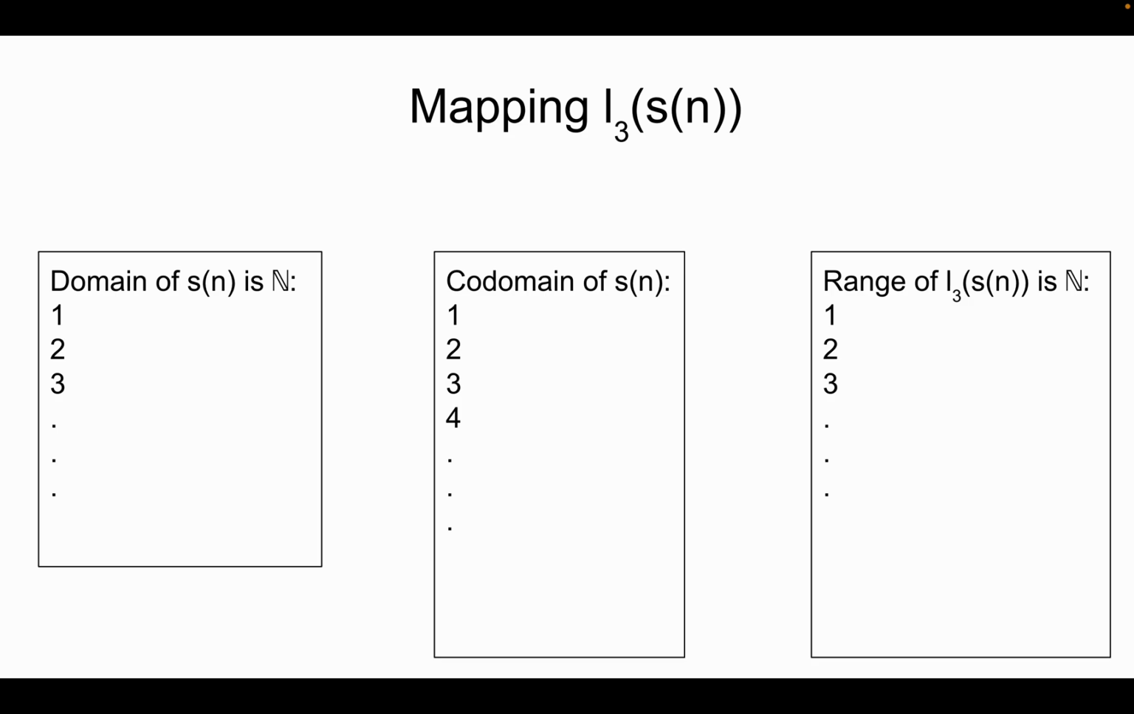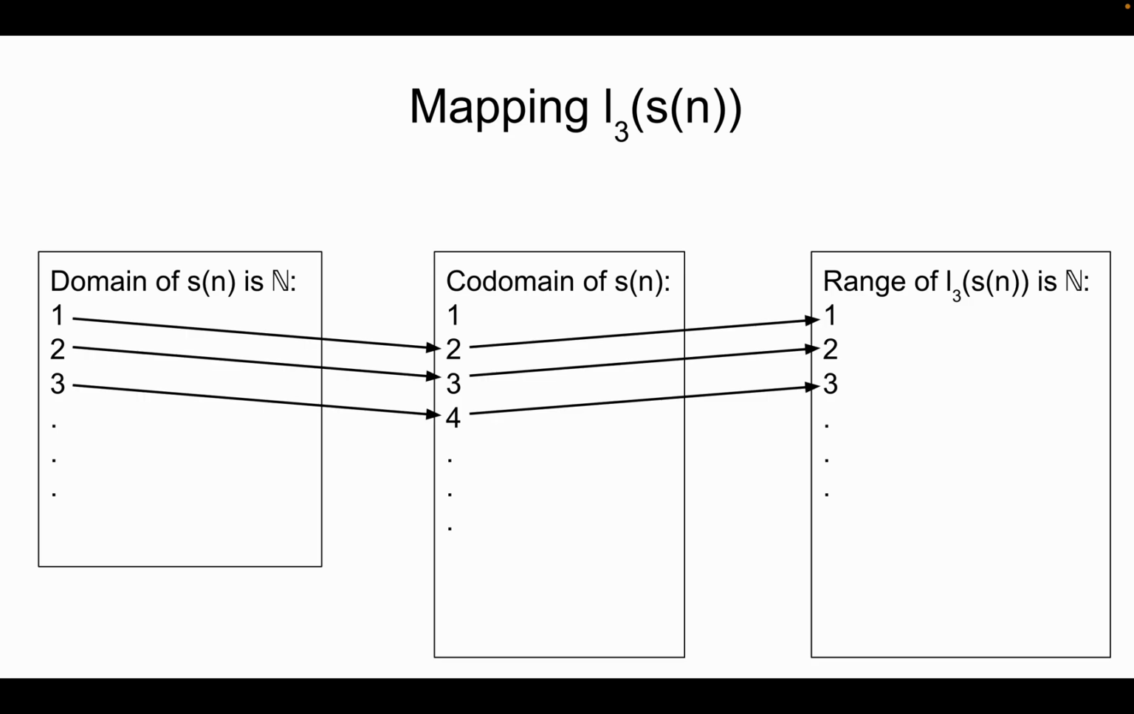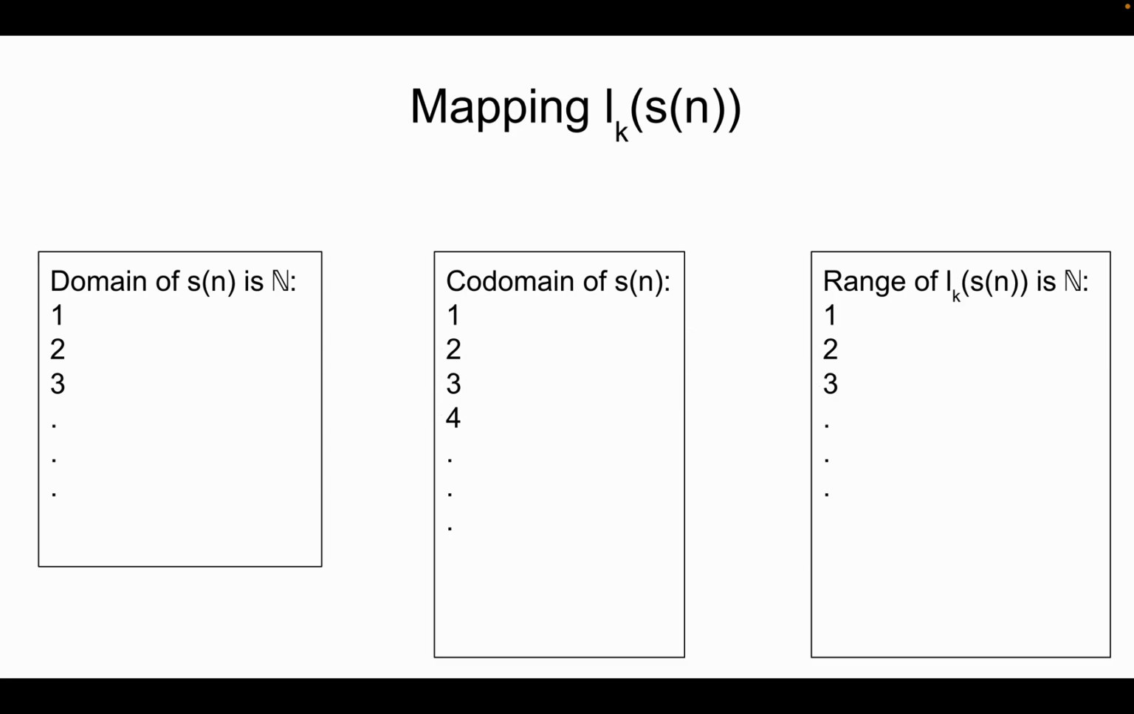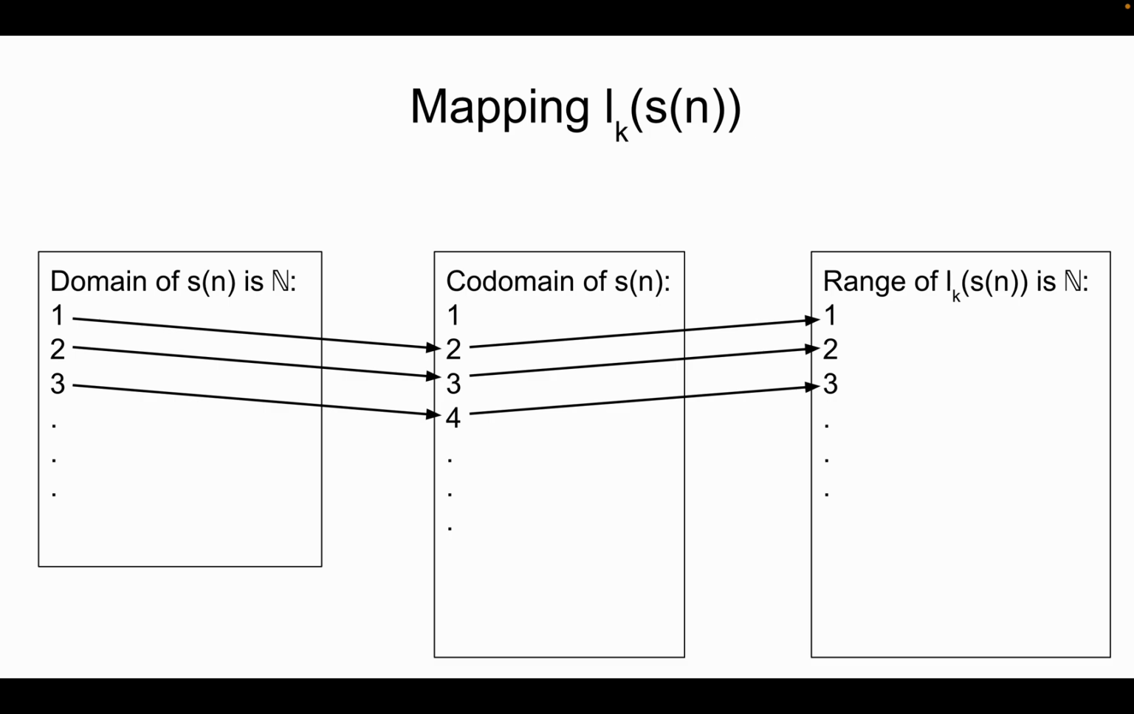Okay, so again, 1, 2, and 3 map to 2, 3, and 4, which map back to 1, 2, and 3. So I think this is roughly showing that L sub 3 works as a left inverse for S sub n in n. And I think we can generalize that L sub k will work. I've kind of shown my initial steps. I would need to show